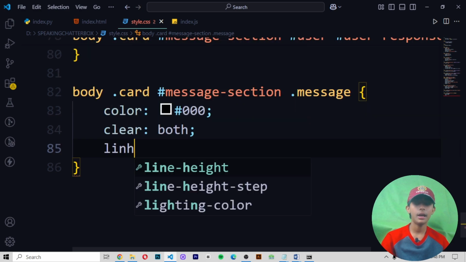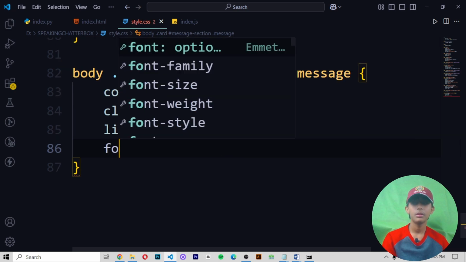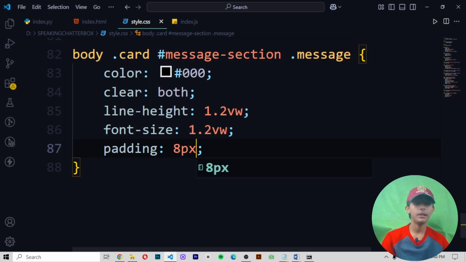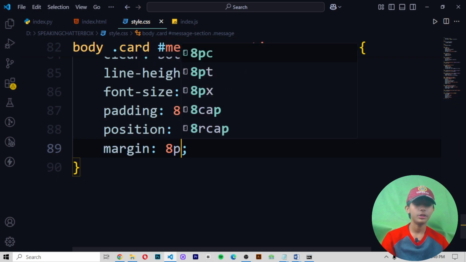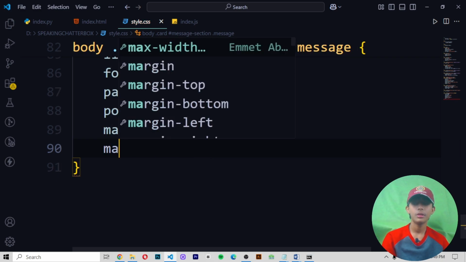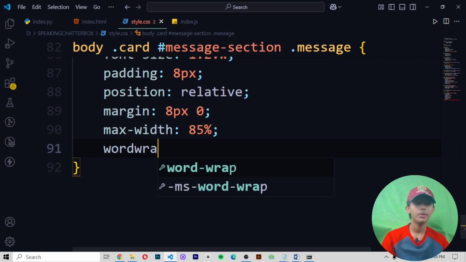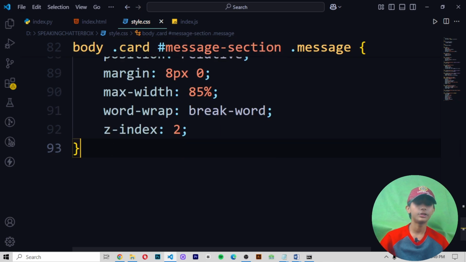Now add line height 1.2 VW, font size 1.2 VW, padding 8 pixels, position relative, margin 8 pixels 0, max width 35%. Now perfect. Here you write word wrap, break word, z index will be 2.